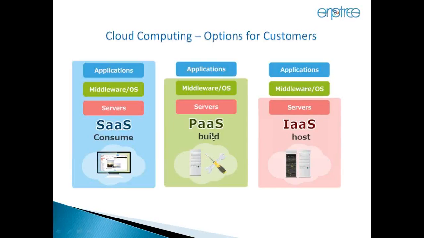In any subscription, the servers are provided by Oracle or the cloud computing company, and the rest depends on which subscription you are taking. If you are taking SaaS, the operating system and applications will also be there, so you can just use it. If you go with PaaS, the operating system is also available, the applications are available, and the additional advantage is that you can customize. If you go with IaaS, they provide the servers, it's just hosting, and you can install whatever products you require and use them.